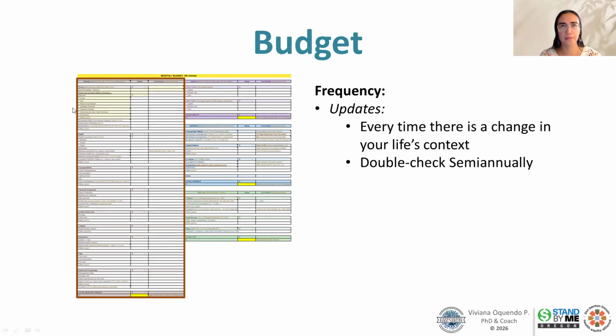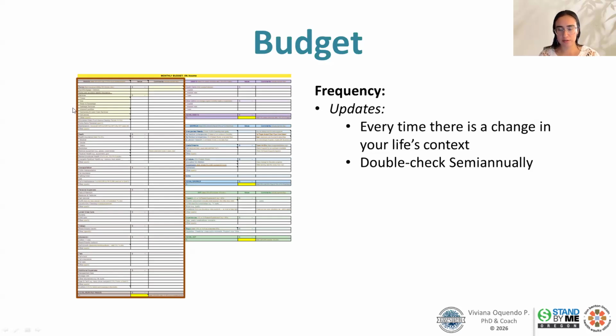Or maybe we cannot make automatic payments, so we need to remember to pay certain things. There are certain things that we need to take care of monthly, but the calculation of the budget itself we don't need to do every month